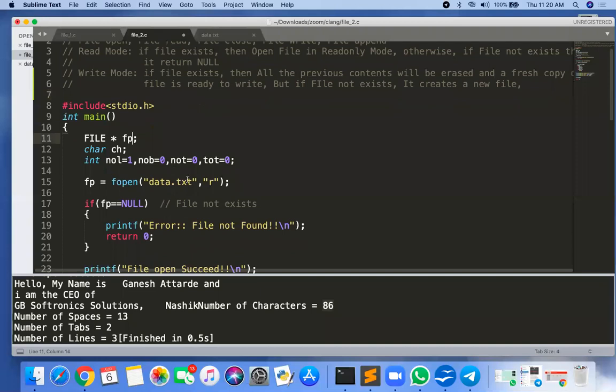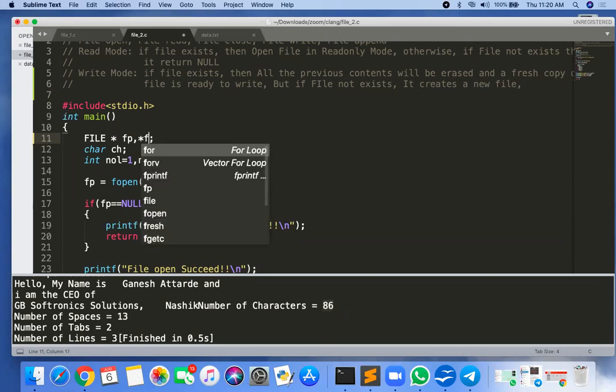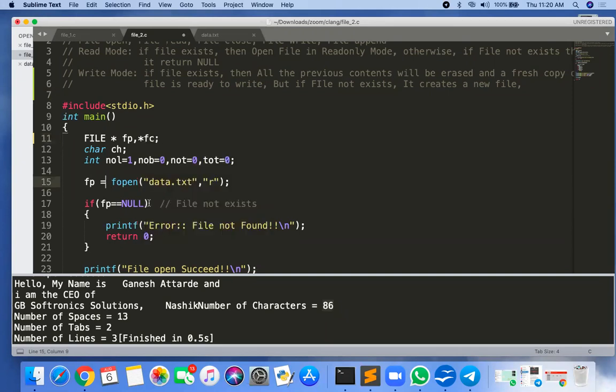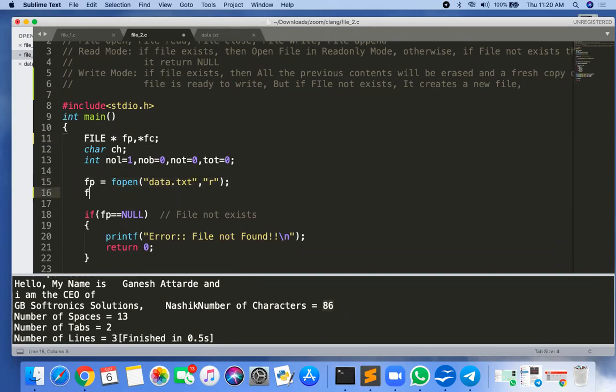So here we require two pointers, fp and, suppose, fc. fp I have opened as data.txt, and fc is equal to fopen. The file that I want to create is data1.txt. Now data1.txt does not exist, I know that. That's why I am opening that file in W.